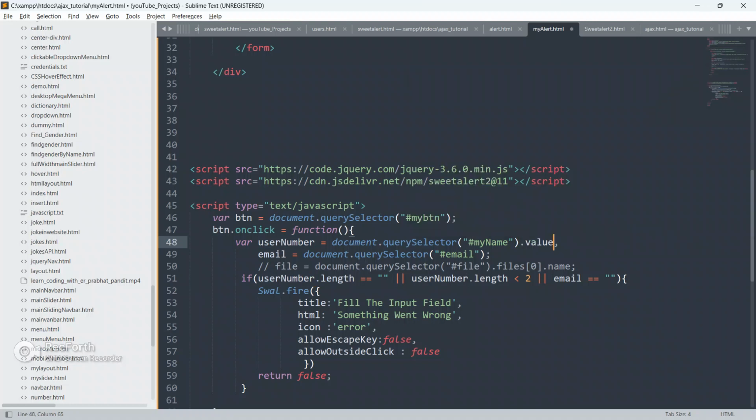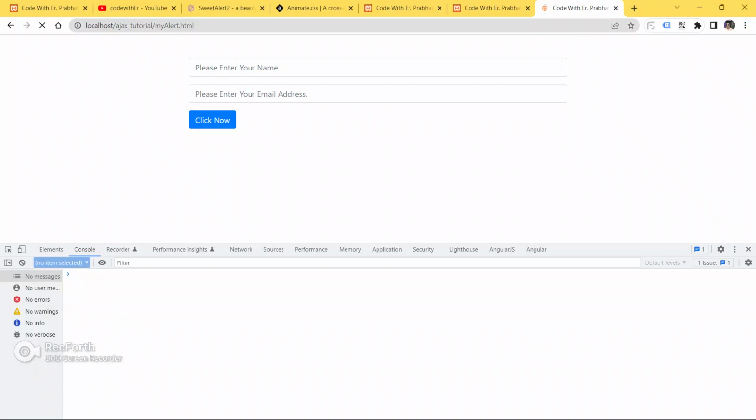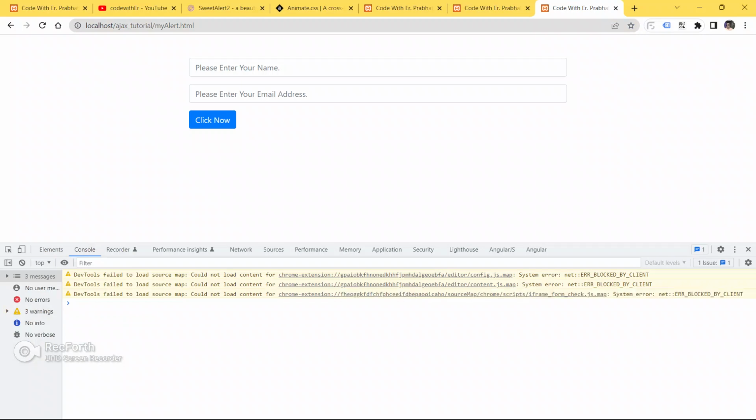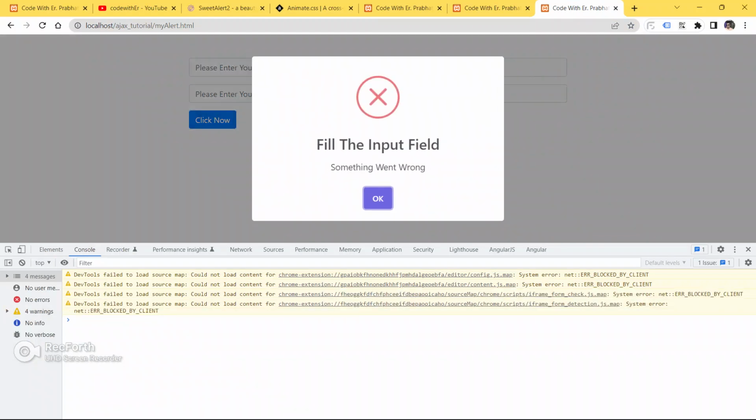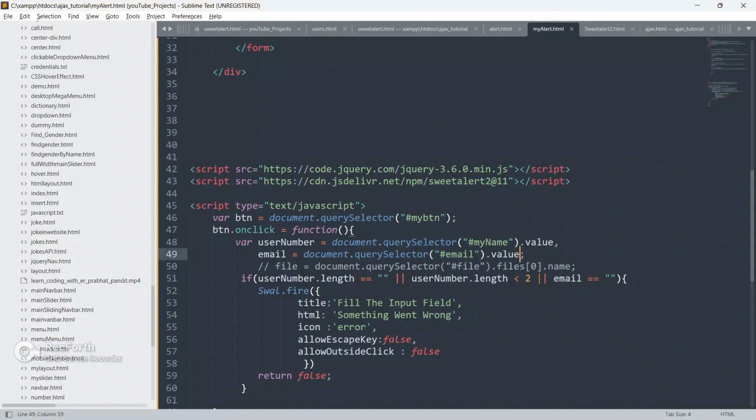Okay, sorry guys, we have to take its value also, I forgot to take the value. So value, okay, save your code, go to the browser and refresh your page, click on the button.